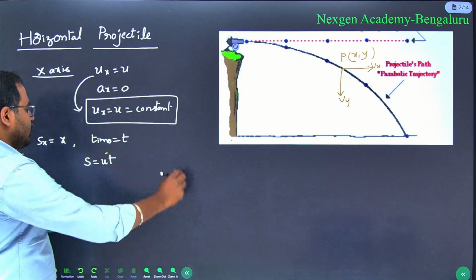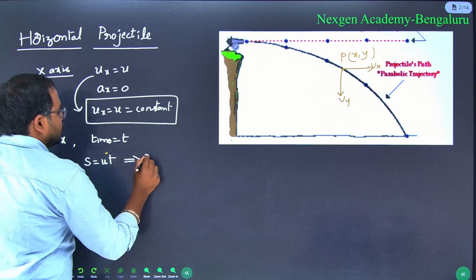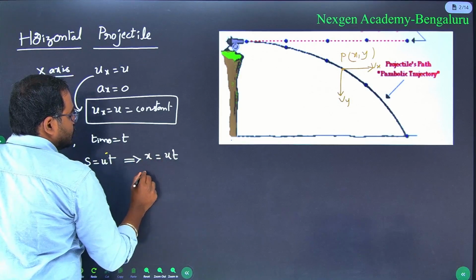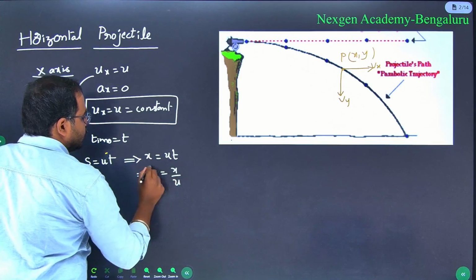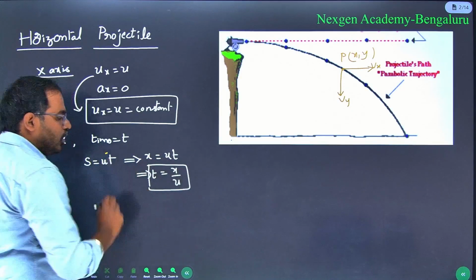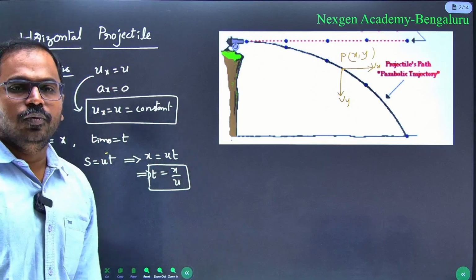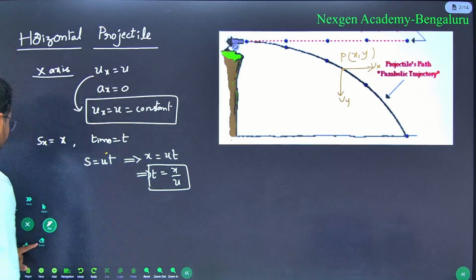Okay, right. Now that implies we can write this as x is equal to horizontal velocity into time, or from this you can rewrite it as t is equal to x by u, the time taken by the body to travel horizontal distance. Okay, right. Now coming to the vertical direction,